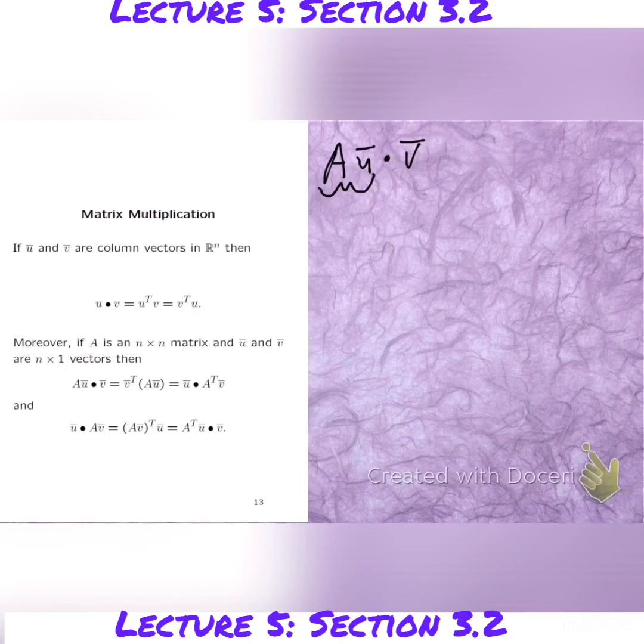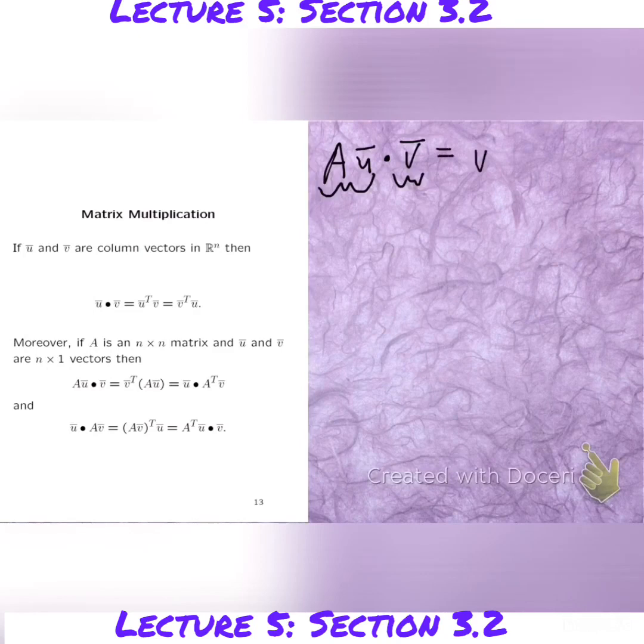So this is going to be an n by 1 column matrix, and this is also an n by 1 column. So if you take the dot product, you've got the dot product between two column vectors, and we know how to calculate that. But in terms of matrices, you can basically write this then as